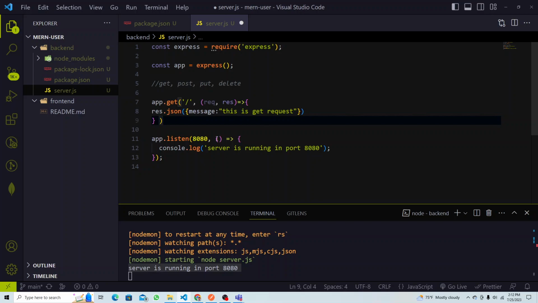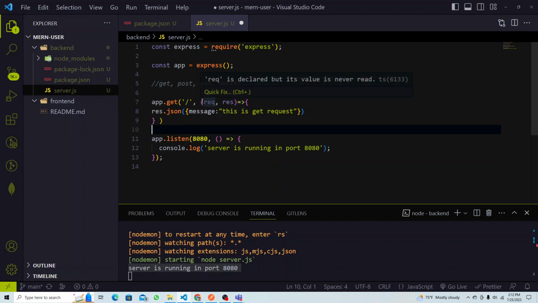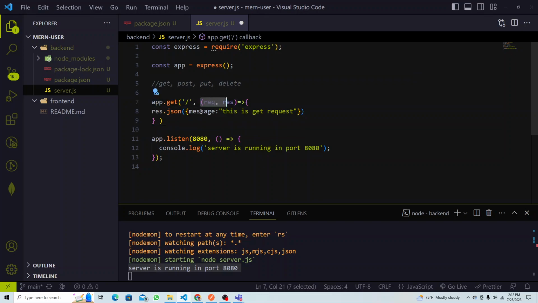Because we have the server running and all the APIs you're going to create, like get, post, put, delete, using all these methods, or HTTP methods, right? When you make a request, it will do the job. This function will run and it's going to do whatever it has to do inside that function. So we're going to write some function inside here, but for now let's say we're just sending this